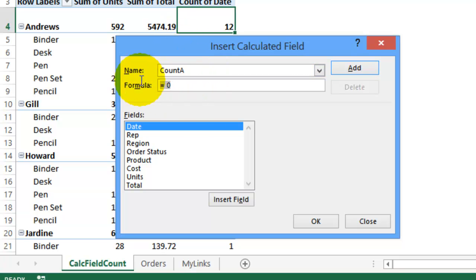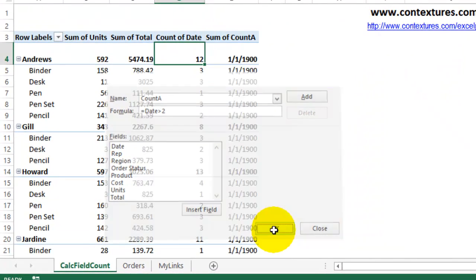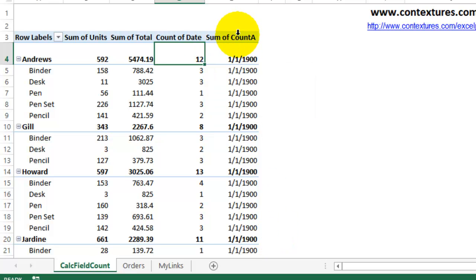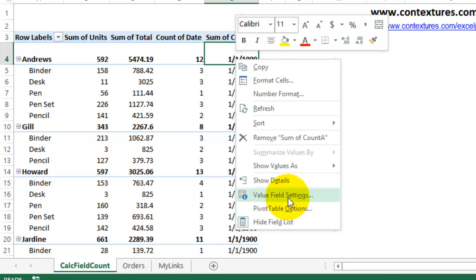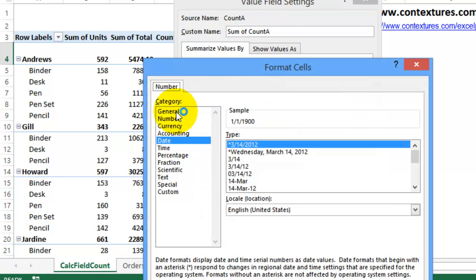I can enter a formula here, and all I want is a simple formula that checks the date. So I'll double click it, then I'll type greater than, and the number 2. So that's my very simple calculated field. So it should put a 1 for any row where the count of orders, here using count of date, is greater than 2. So I'll click OK. Now because I was using a date field, it's put that in date format. So I'll right click, Value Field Settings, and for this I'll click Number Format, and I'll just use General,